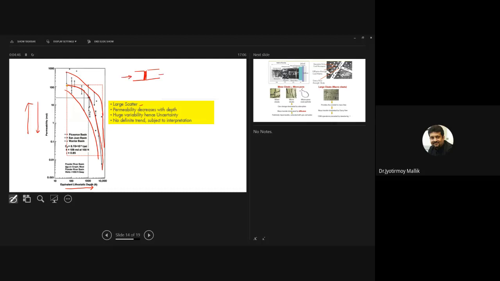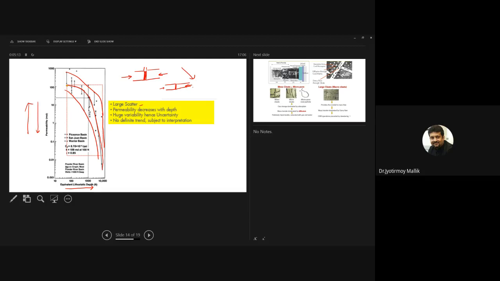My effective stresses will increase, and hence the space between these walls will tend to decrease, and I will get less and less aperture as we move with depth. As we move with depth, we will find less and less aperture, and hence I will see